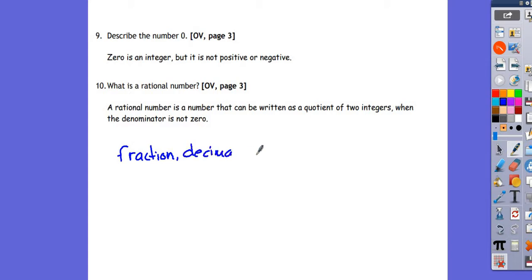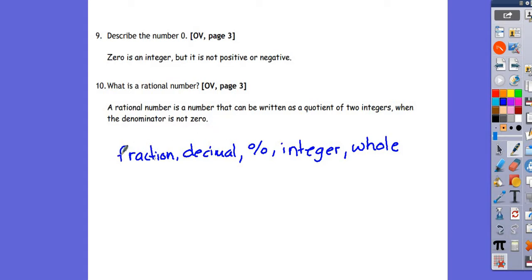decimal, percent, or it can be an integer. Well, helps to spell right. Or it can be a whole number. It can be any form of these. But basically it's a fraction whose